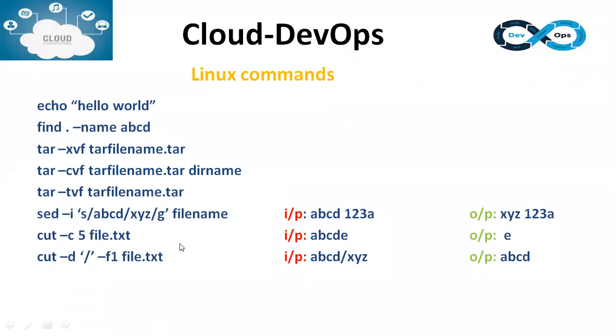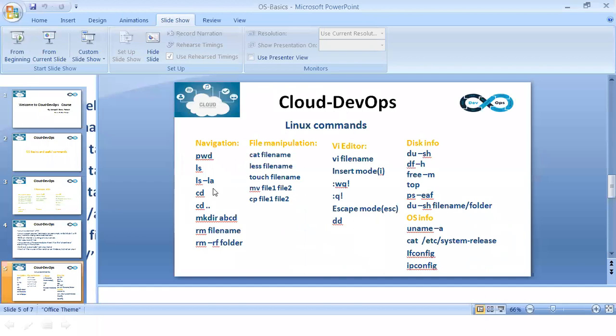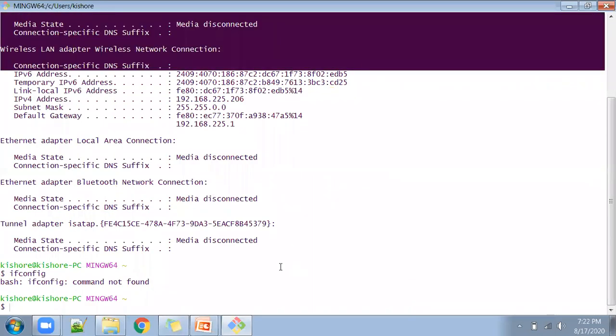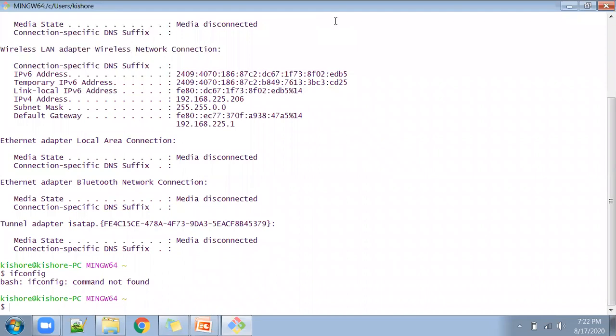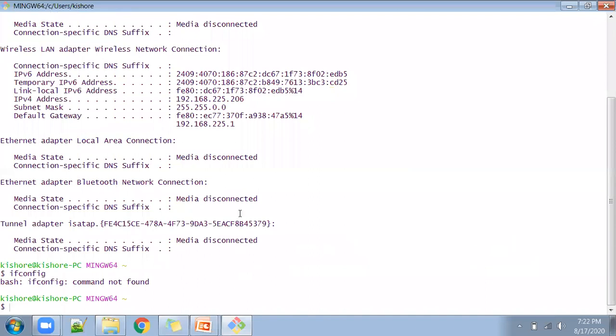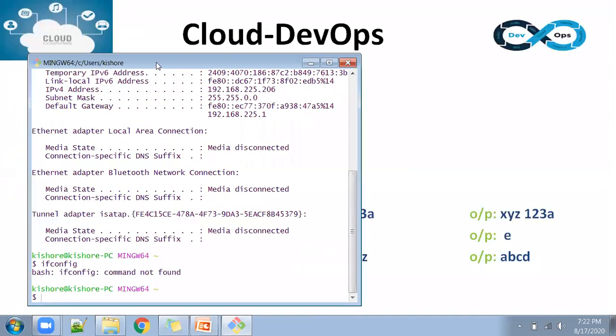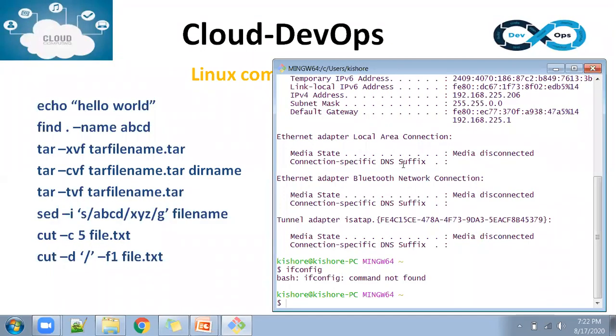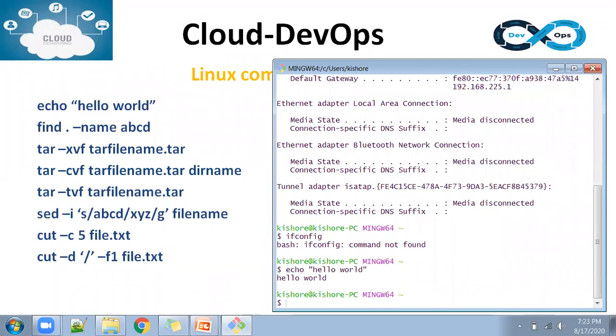So these are some of the additional commands in Linux. For example, in the same shell, we can run these things. Let me open this. Okay, so echo hello world. Whatever input we put in the double quotes, echo will present it in the console. We can call it a console, a terminal, or a command prompt. It will display there.